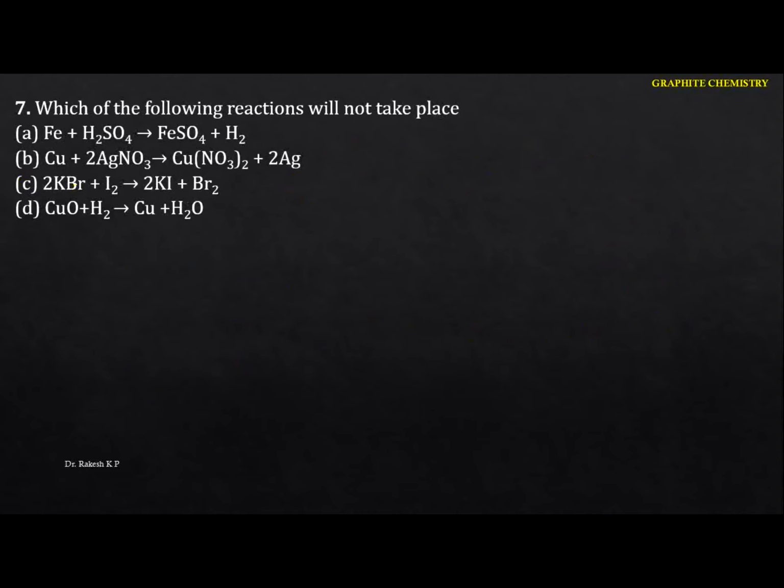Which of the following reactions will not take place? Just go to this one here. Especially in this one, we can identify this will be 0. This one I can write as +1, and if you calculate here we are going to get +6, and here you are going to get +2. This remains the same. Hydrogen becomes 0. So 0 to +2 and +1 to 0. That means this reaction is possible. Now come to this one here. The oxidation state of copper in the free state will be 0. This becomes +1.